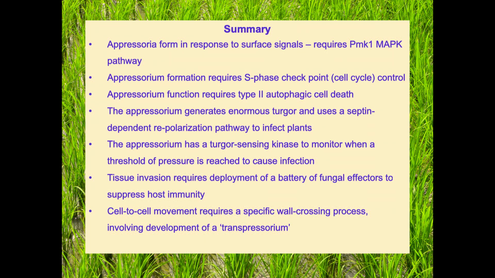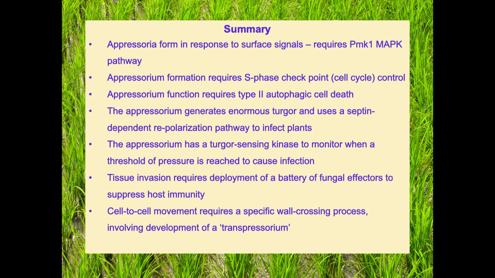And then once the fungus is actually inside the plant, having gone through the septin-mediated cuticle rupture process, it's able to deploy a whole battery of fungal effectors. They suppress immunity, and cell-to-cell movement involves this specific wall crossing process, which is directly analogous to the way the appressorium works. And this term, the transpressorium, may be something that we'll adopt in future in terms of trying to